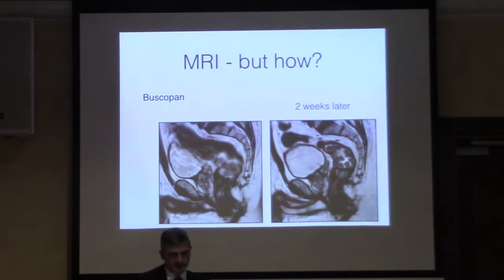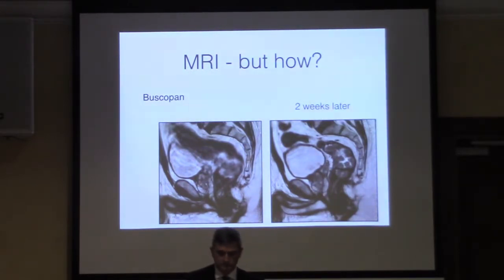And as you can see with this case, the images on the left were felt to possibly represent T3 tumour, but we were so concerned about the quality of the images of the upper half of the rectum that we said, they've got to come back, they've got to have buscopan. So we gave them muscle relaxants, and now, same patient, 2 weeks later, same scanner, same radiographer. Those images are worlds apart, and this is very clearly no worse than T2, and in fact it was probably actually only T1, very extensive